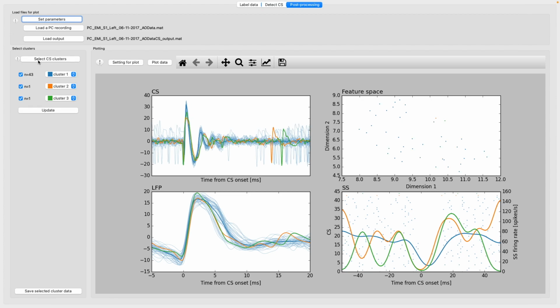And you can press on select complex spike clusters. It shows you all these 3 clusters as indicated by colors here. Here is the action potential trace of the complex spike. This is the LFP trace. The faded lines are individual spikes, and the bold lines are the averaged waveforms to help you see these things more clearly. Then what you see here is the complex spike triggered pause in